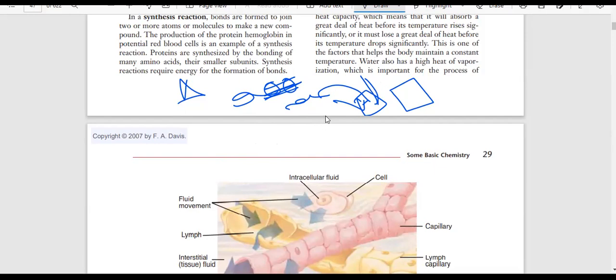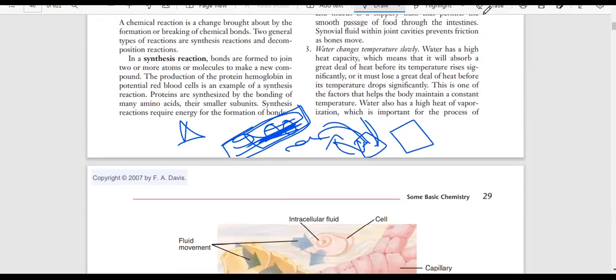So it is easy to enter into the cell, and easy to release from the cell. That is due to the hydrogen element, the water is very easy to